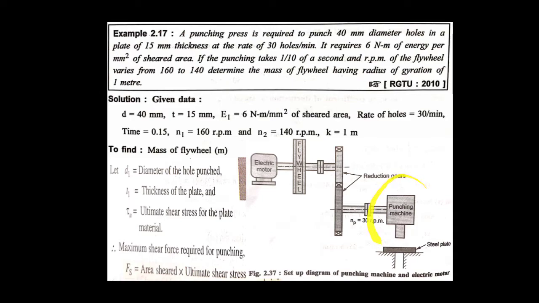In the punching machine, at the left extreme, the motor will power the flywheel. The flywheel will store the multiplication of power. While using the reduction of gears, two types of gear sets are there: smaller gear to larger gear to smaller gear. According to convenience, the arrangement of gears will be there. N at 300 RPM and N at 30 RPM is given. So when we give the power supply to the punching machine, it will come down and punch. In a single throw, it will punch.